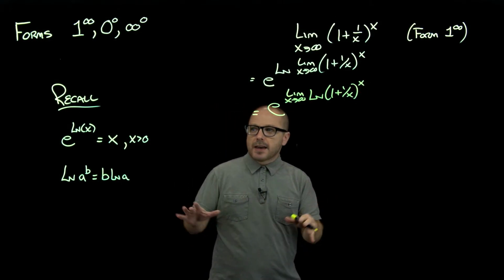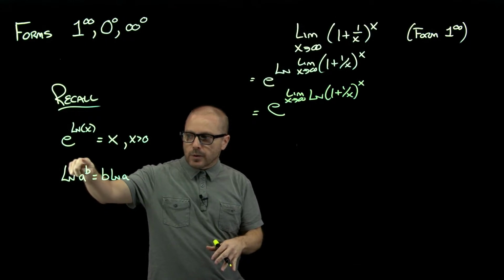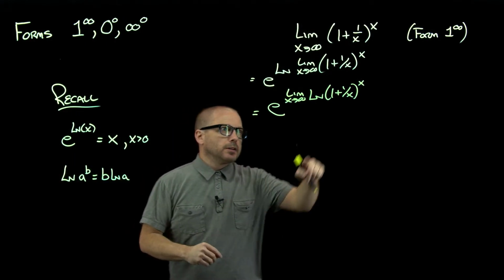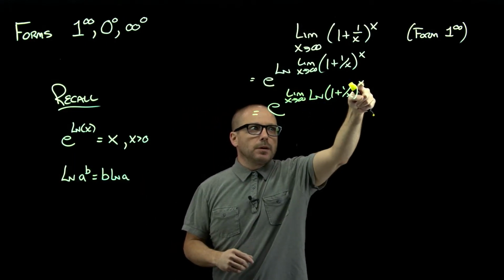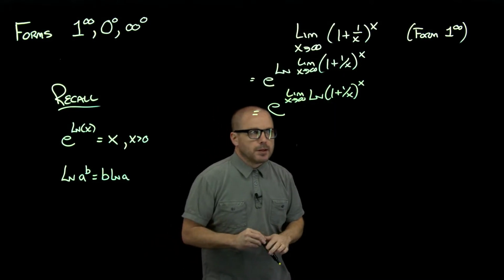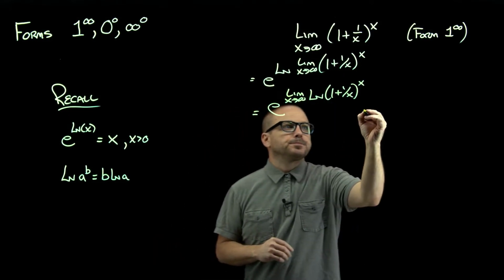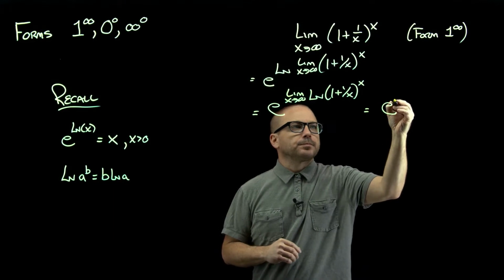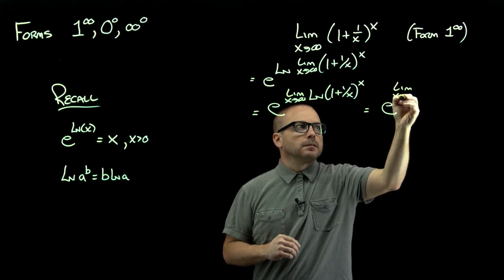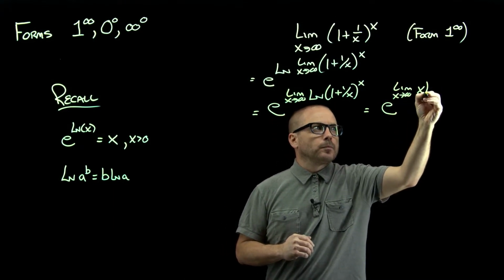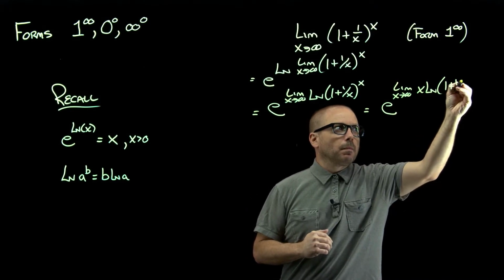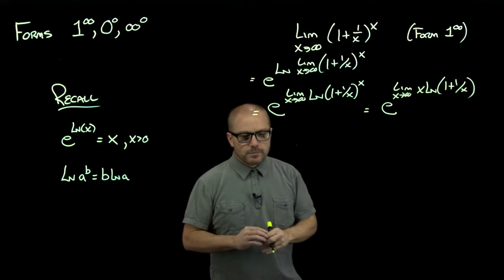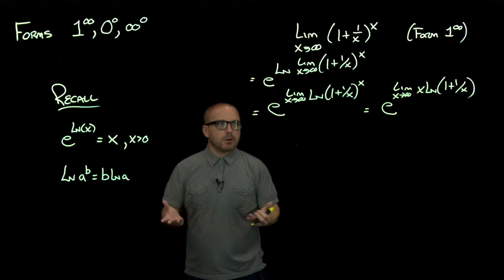Now the point of all that is to end up here. We want to get that function out of the exponent, so now that this is log of a to the b, that exponent can come down in front. So